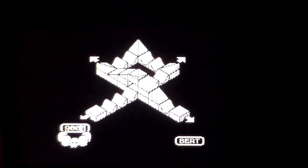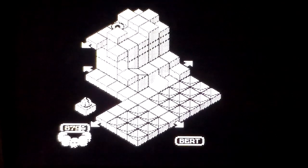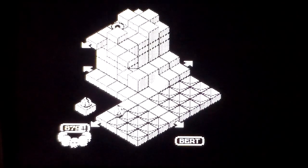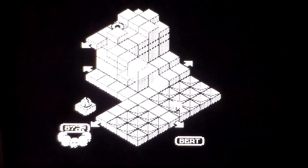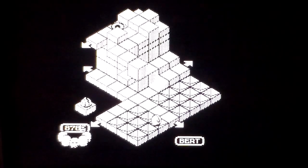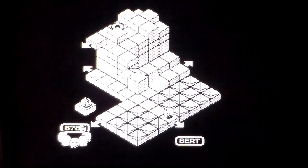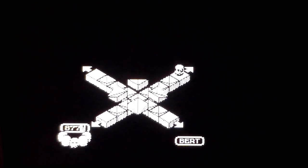I want to go backwards, but then I could be crushed by him. I can't tell. I mean, that, to be fair, is the fault of all isometric games. Where you are will sometimes obviously be blocked by the object. Got away from him. I'm trying to concentrate because I'm guessing you shouldn't have bothered porting this. Oh, we're going to go the same way and find the...